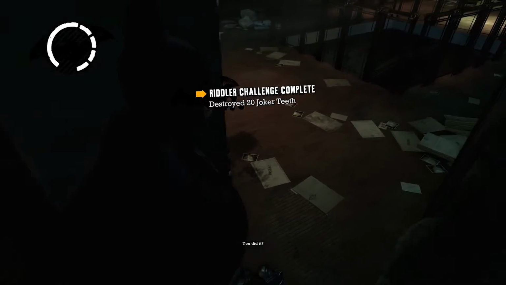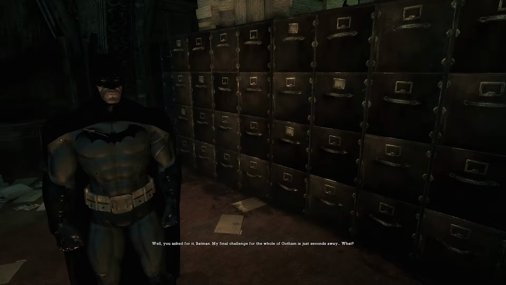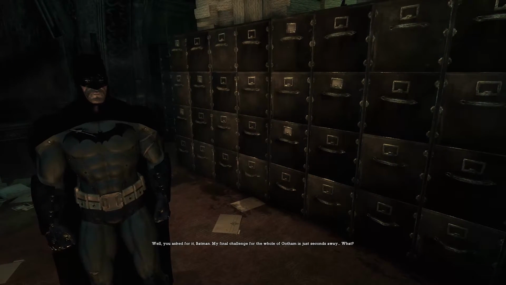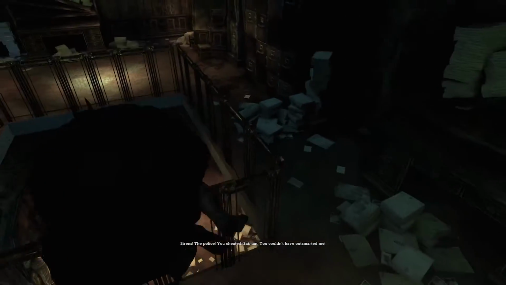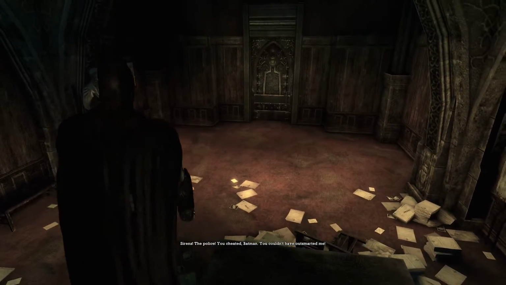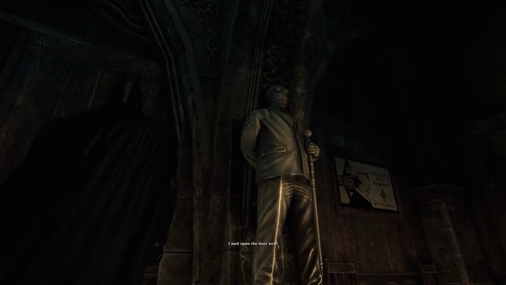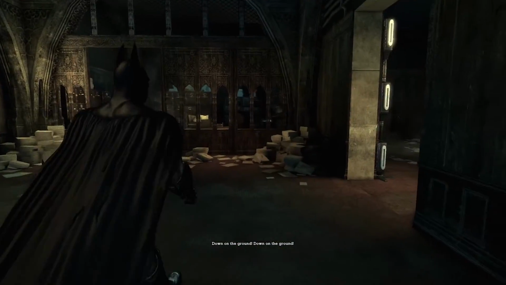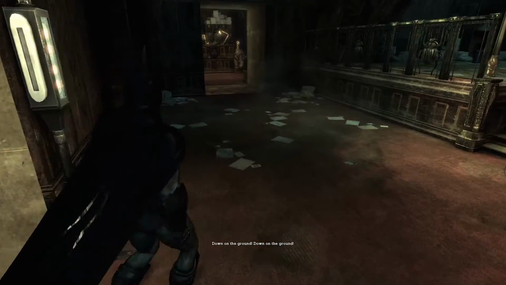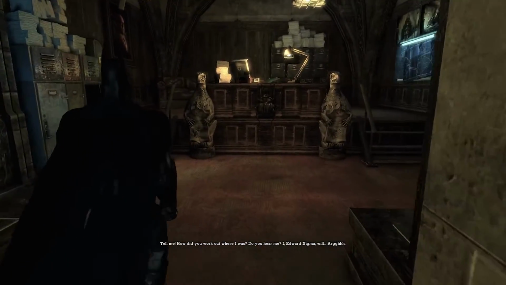What? You did it? You must have cheated. There is no way you could have beaten me. Well, you asked for it, Batman. My final challenge for the whole of Gotham is just seconds away. What? Sirens. The police. You cheated, Batman. You couldn't have outsmarted me. Police, open up! No. I said open the door, now! No! Down on the ground! Down on the ground! No! Tell me, how did you work out where I was? Do you hear me? I, Edward Nigma,